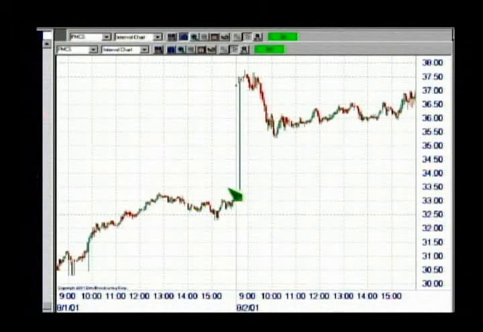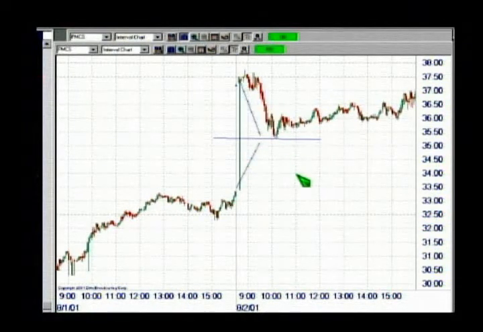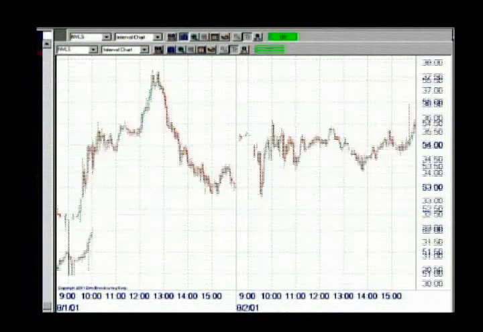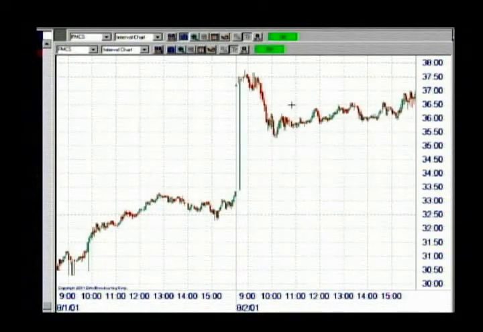So what that tells you, for example, PMCS, you can see here gapped all the way from 33, opened up at 37.5, sold off to about half of the range here. And if you look at the midpoint here, that's roughly half of the range of the open. And what that tells you is if you're in the stock, say you short the open gap at a 36.5 or 36.6, something like that, that tells you that you shouldn't expect for the stock to go all the way